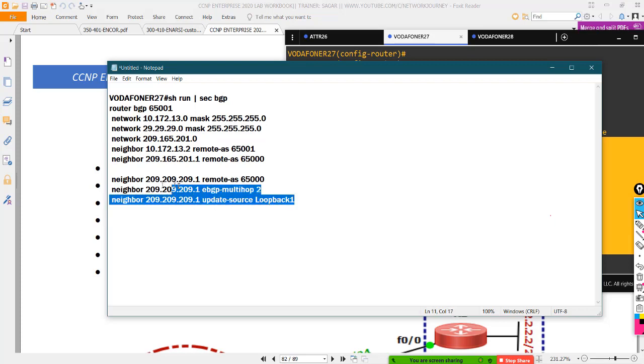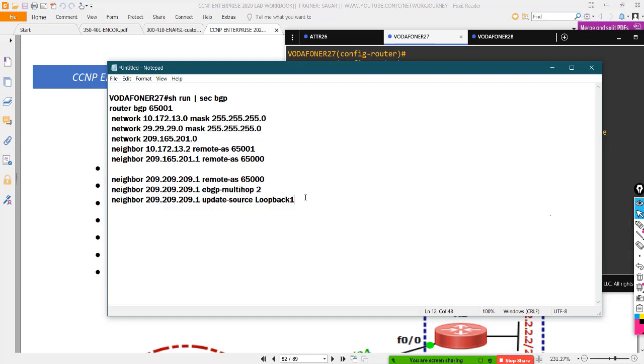Now let's say I had another neighbor with a very similar configuration, something like, let's say I also had eBGP with 113.113.113.1. So I say the remote peer is, let's consider some AS values like this.